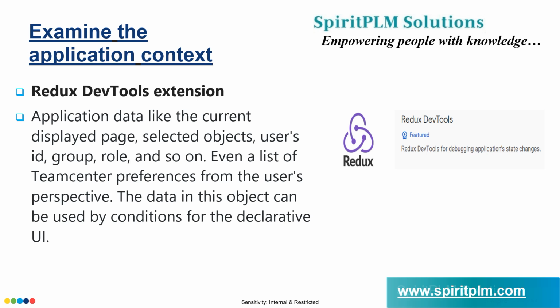So how to find out the current session details in your browser? Using CTX you can find out, for example, the current session details, the selected object properties information, everything. So how to check the dev environment? For that, we use the Redux DevTools. This is an extension that you have to add in your Google Chrome, or any browser whatever you have, and inside this you can get more details